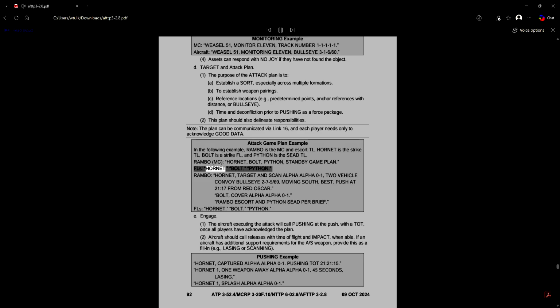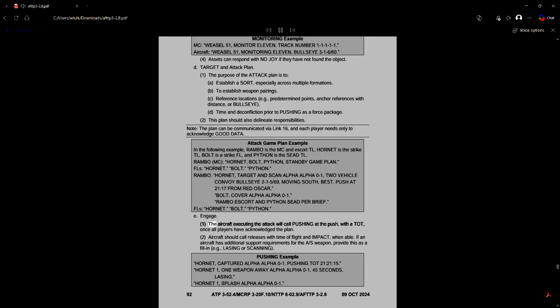FLs, Hornet, Bolt, Python, Rambo, Hornet, target and scan Alpha Alpha 0 to 1, 2 vehicle convoy, bullseye 2-7-5/69, moving south, best. Push at 2117 from Red Oscar. Bolt, cover Alpha Alpha 0 to 1. Rambo escort and Python seed per brief. FLs, Hornet. Bolt. Python.